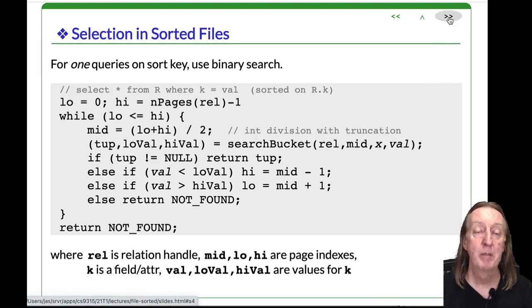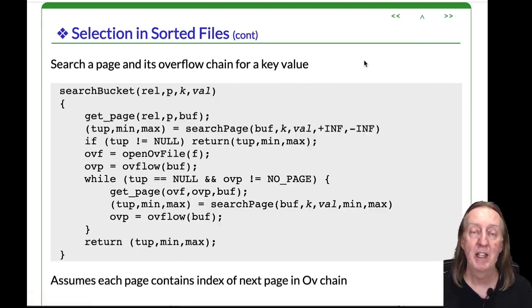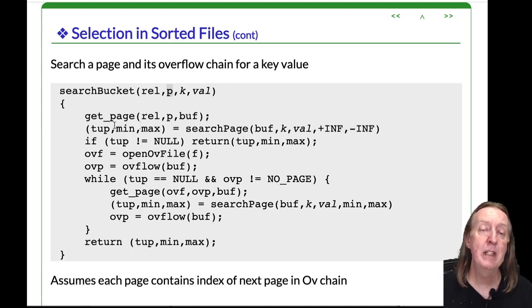Okay, so basically it's a standard binary search algorithm, just expressed in terms of page indexes rather than array indexes. Right, what about this search bucket thing? Alright, so we're searching in a bucket whose primary data page is P, so we get that page, put it in a buffer, and then we search through the buffer looking for this K attribute having this particular value, and